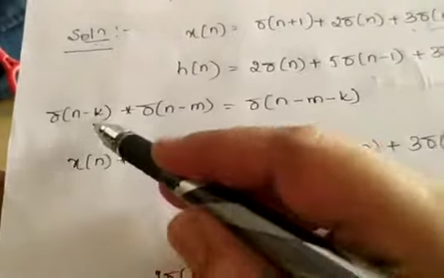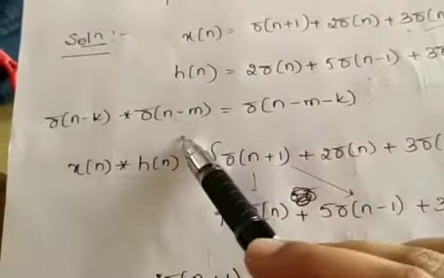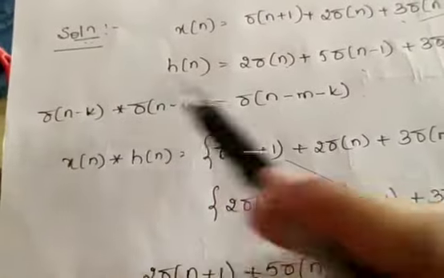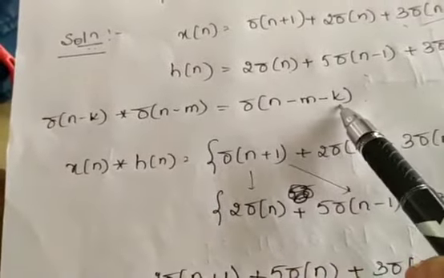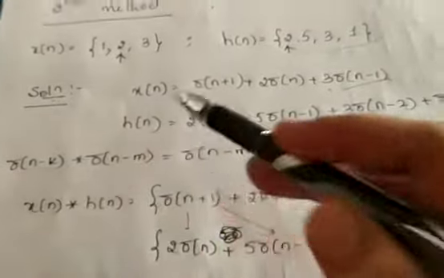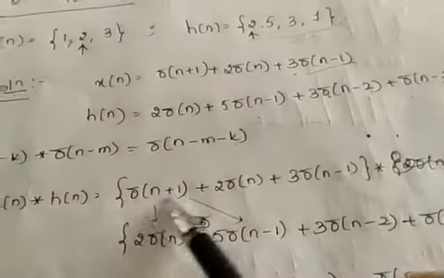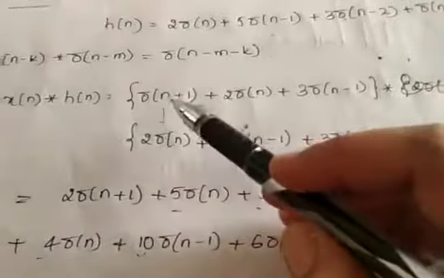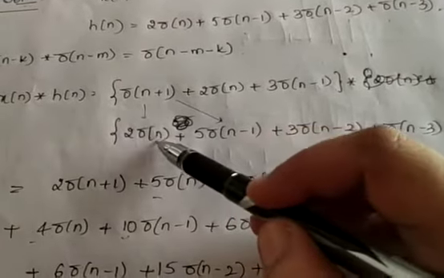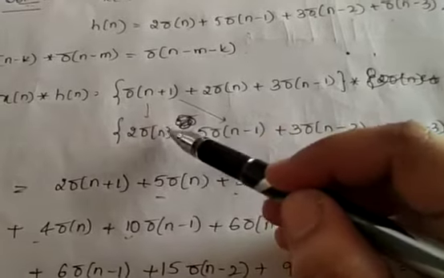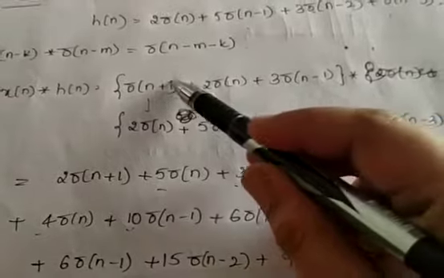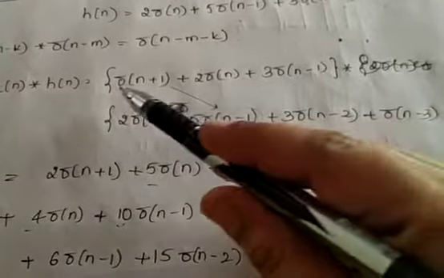Now there is one property of convolution, that is the convolution between two impulses is once again an impulse, but the shift is whatever the shift in both the impulses, it gets added up. Now convolution between x of n and h of n. Write both the sequences. Now compute the convolution of each impulse with each of the terms. That is convolution between delta n plus 1 and delta n. Add the shifts, plus 1, 0, plus 1. The amplitudes get multiplied. Delta n plus 1 with delta n minus 1: plus 1 minus 1 is 0, 5 into 1 is 5.